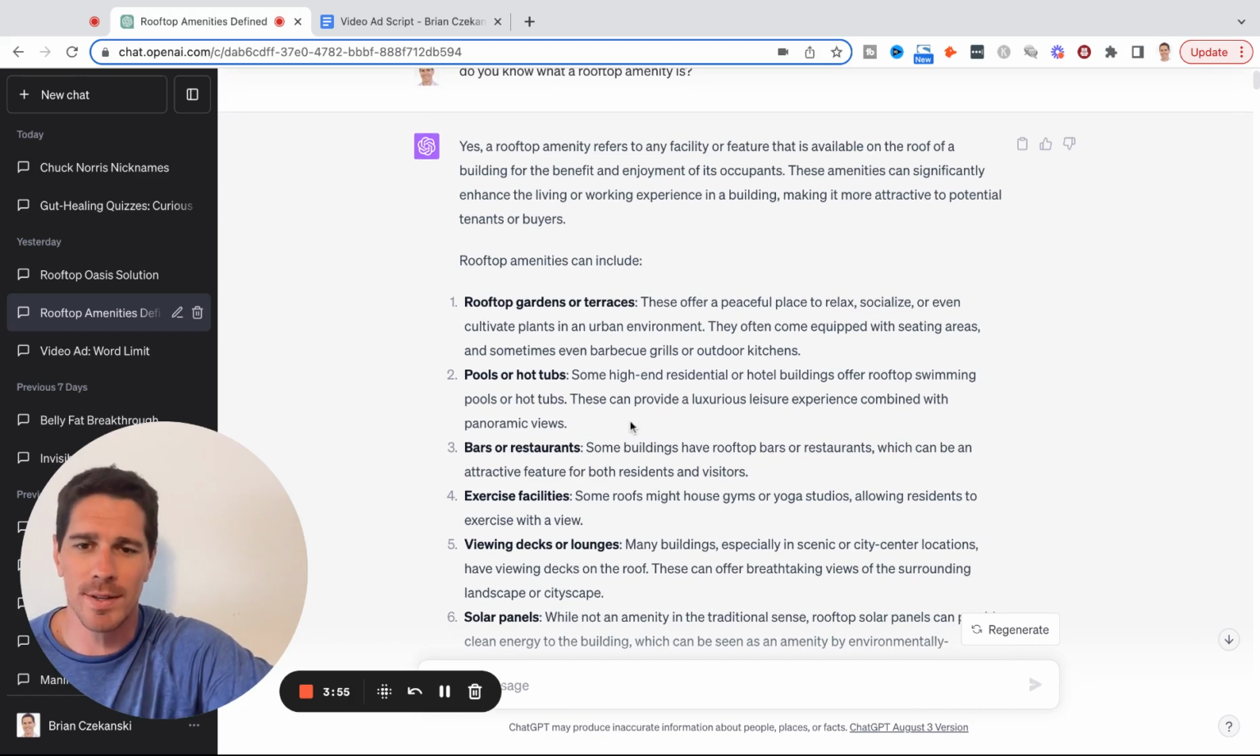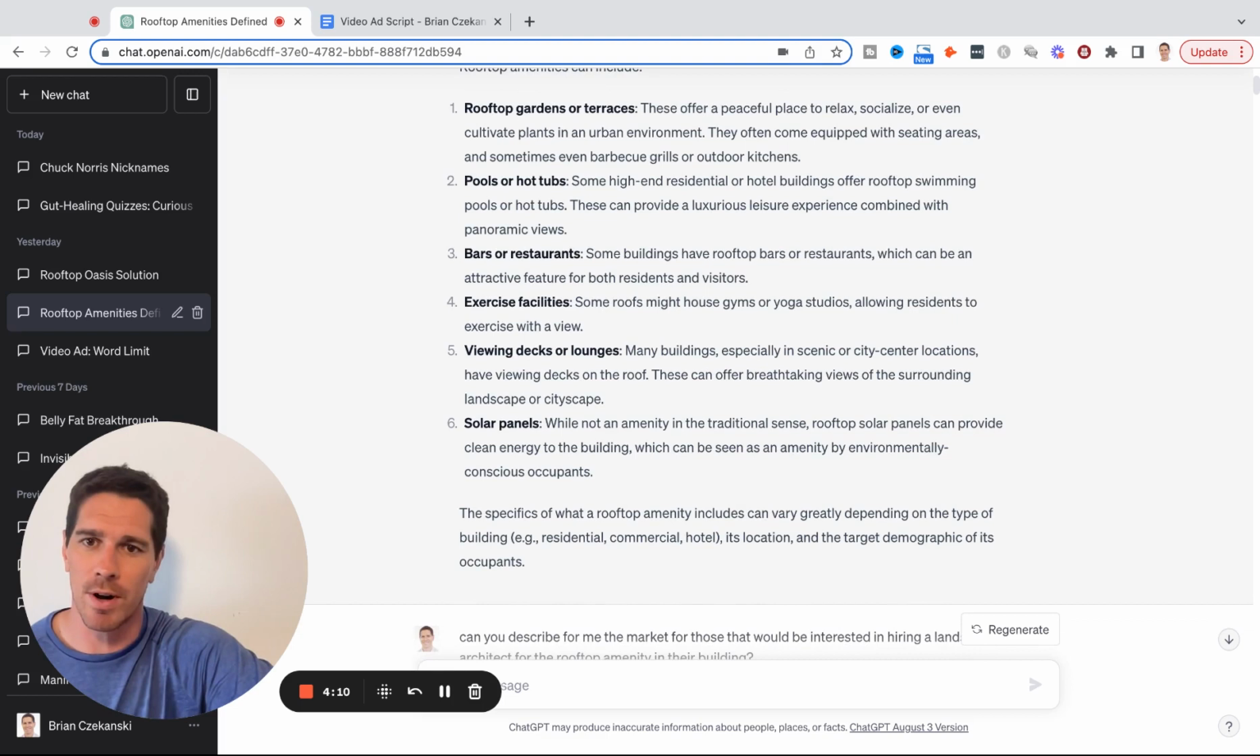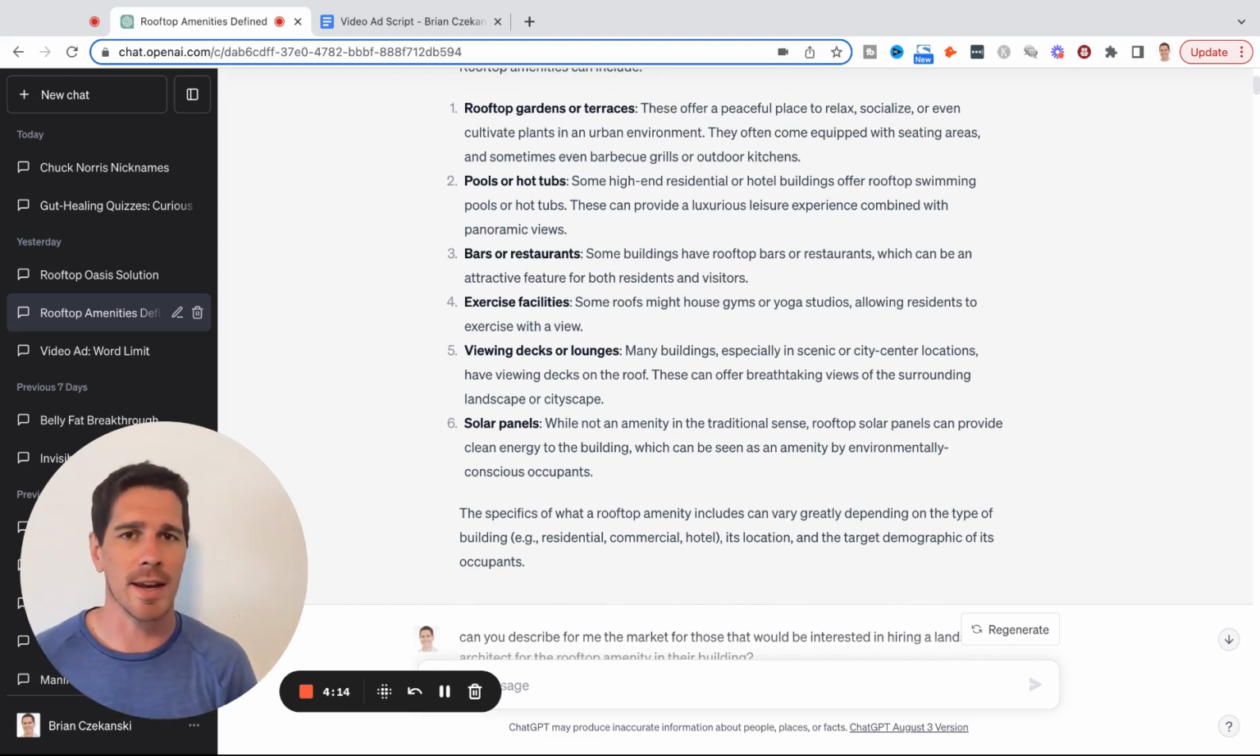So rooftop gardens, most of what this client was focused on was urban buildings that had a rooftop. These describe all the types of rooftops or outside amenities that this client would focus on. So now I know I'm on the right track. Again, if it spits out an answer that isn't aligned with that, give it a little bit more